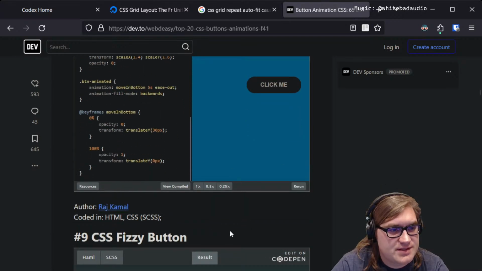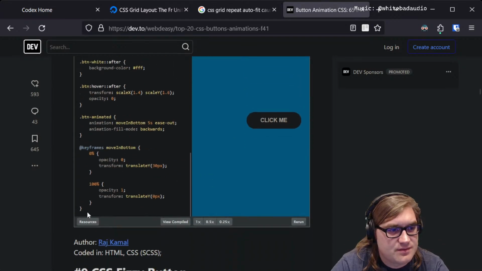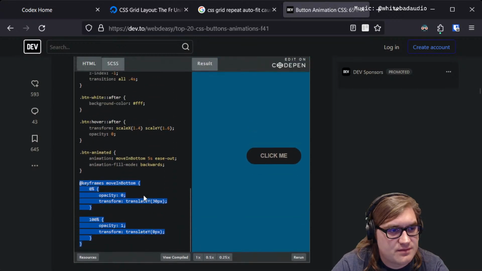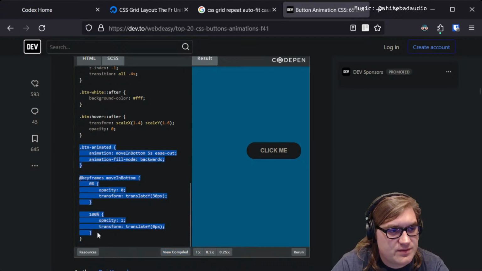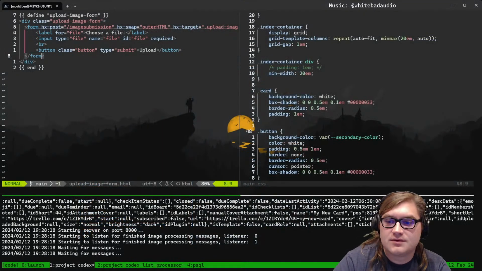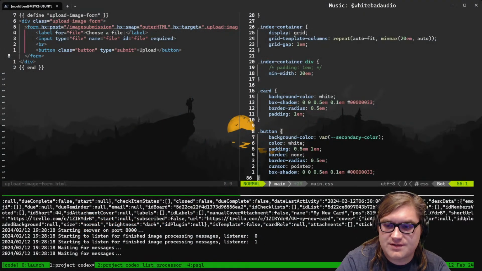Yeah, so translate, move in bottom. Yeah, we change the opacity and then we translate Y. Yeah, so this is what we kind of want. Okay, so let's